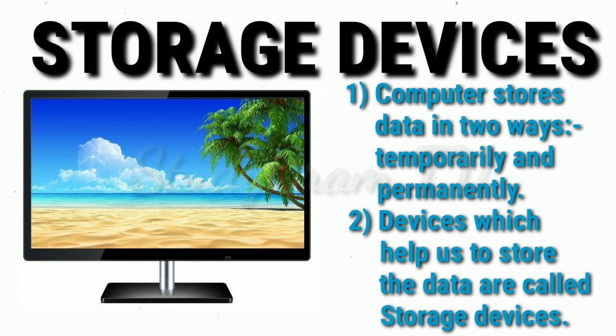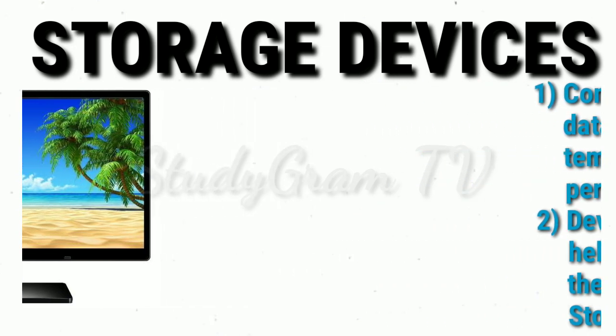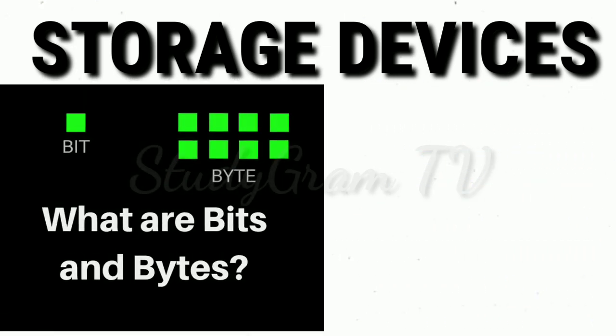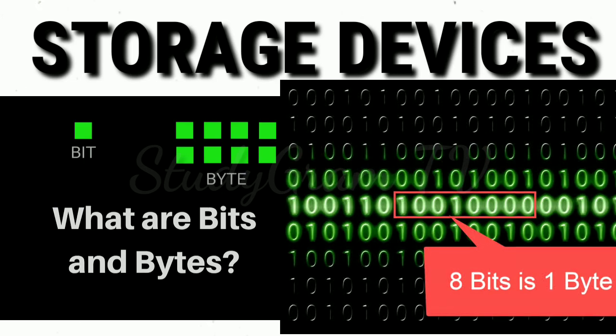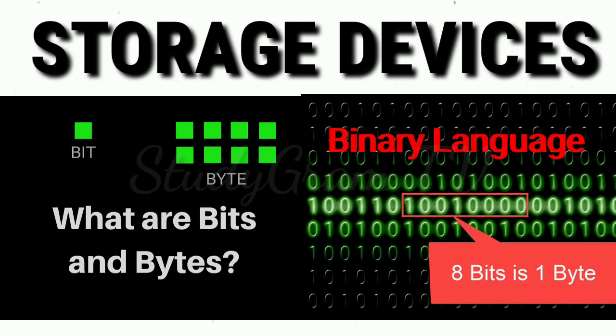Okay, now we will understand how the data can be stored in the computer. The computer stores its data in the form of bits and bytes. As I have told you in the previous lecture, the computer has its own language, that is 0 and 1, and we call that 0 and 1 the binary language. The bits and bytes are those things. Bits are the terms 0 and 1 and bytes are collections of bits, right?